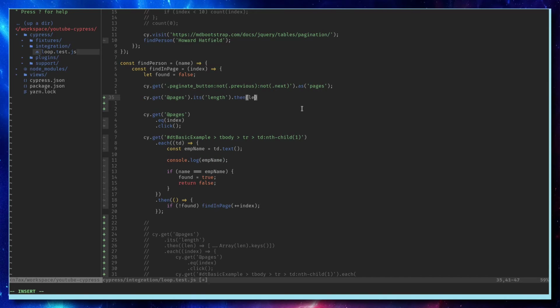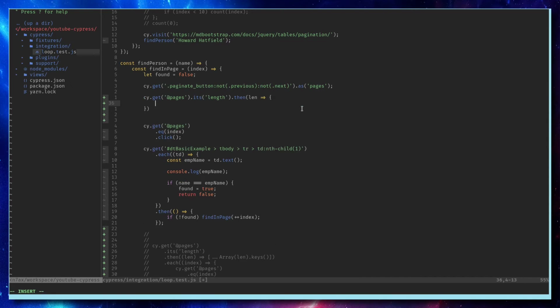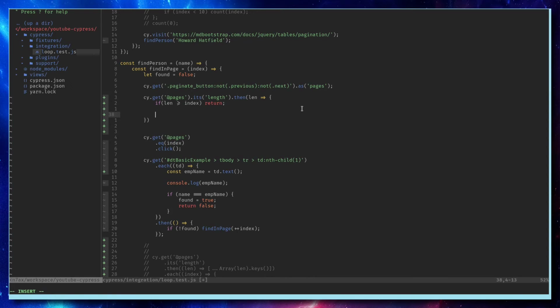Then let's do the if condition here. If len is greater than or equal to index, I'm going to break. I'm going to break, so let's return. Otherwise all we have to do is